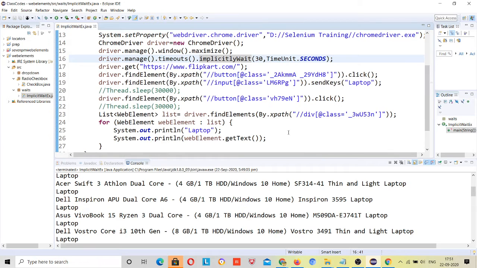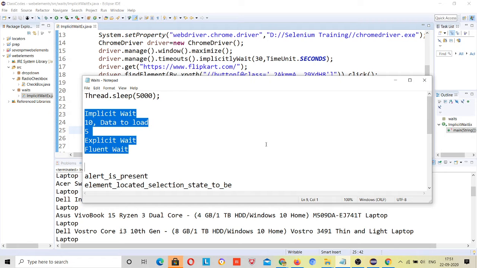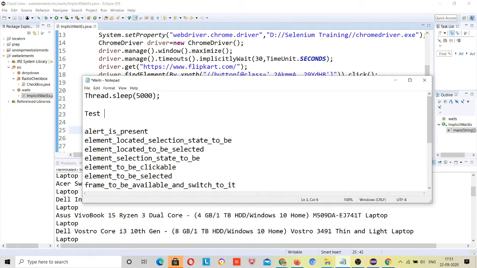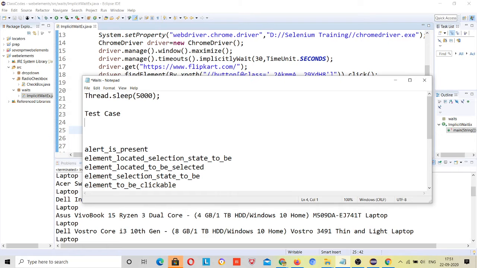Yeah, suppose you have a test case, right? In that test case, we know about performance testing. This particular requirement says that this test case should be completed within 10 seconds, because this website should be loaded in 10 seconds.